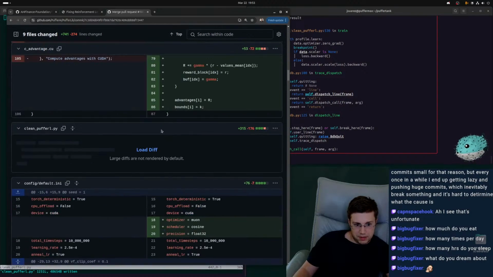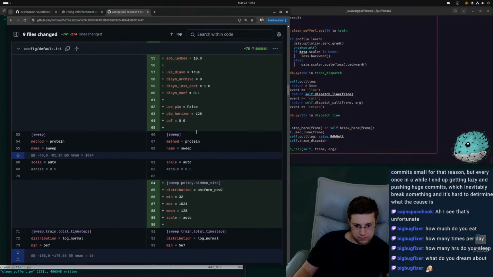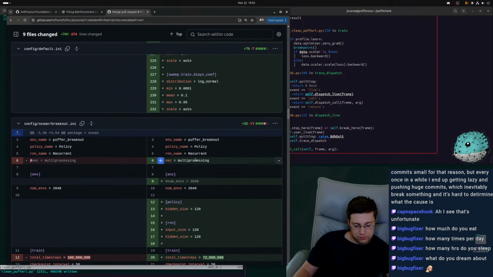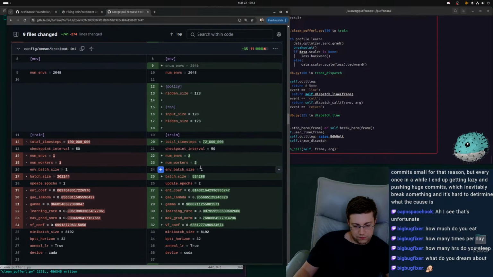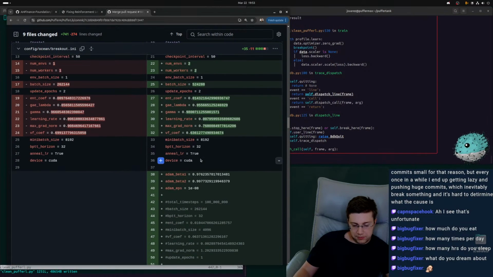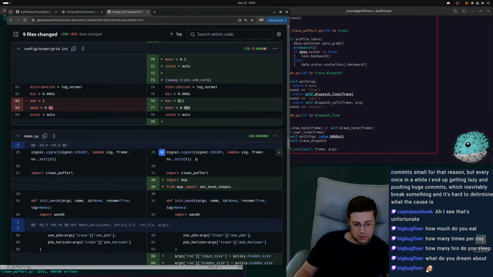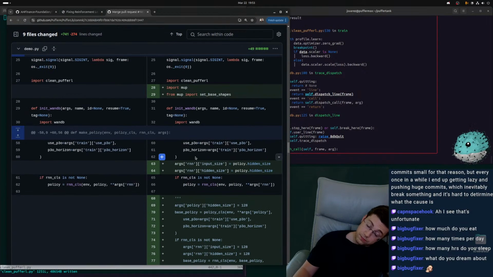This file doesn't matter. You got this diff. You did up the batch size. Doesn't matter. Policy.